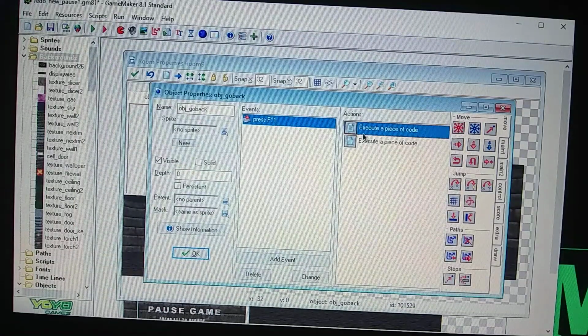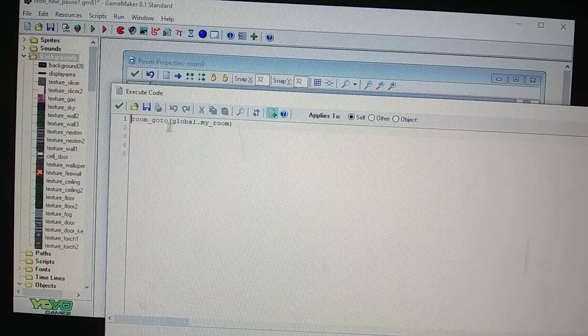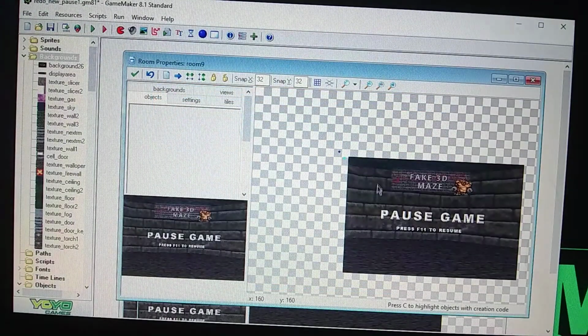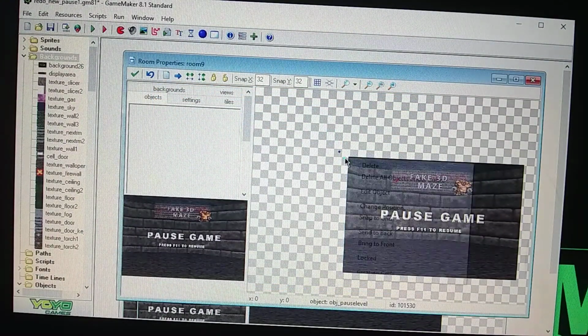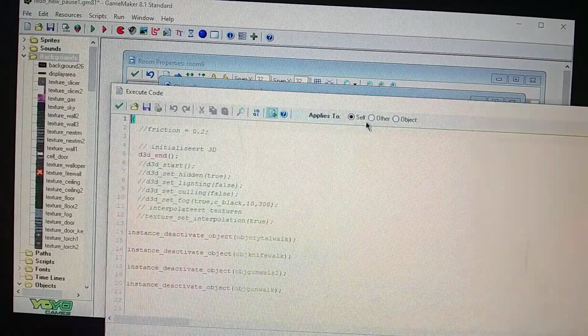So the second script is room_go_to, and you want to say global.my_room. That's generic for it, no matter what room you're in. It's going to go back to the room that you were in originally, of course. Okay, so that's to go back. Then there's a blue square that says pause level to decorate, and then